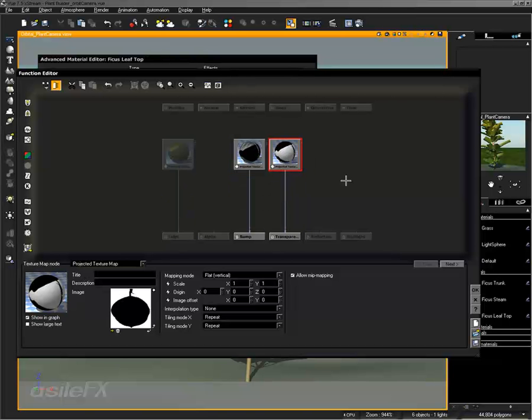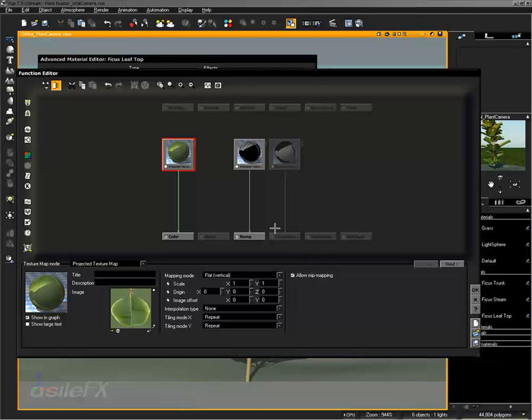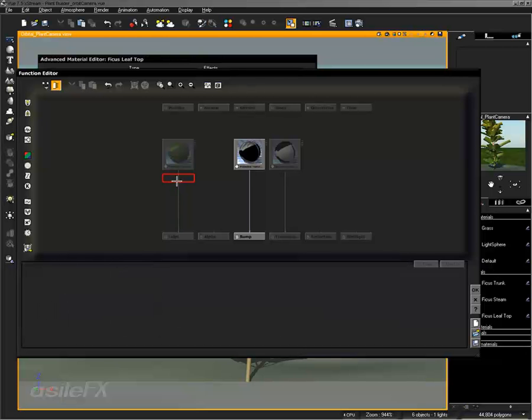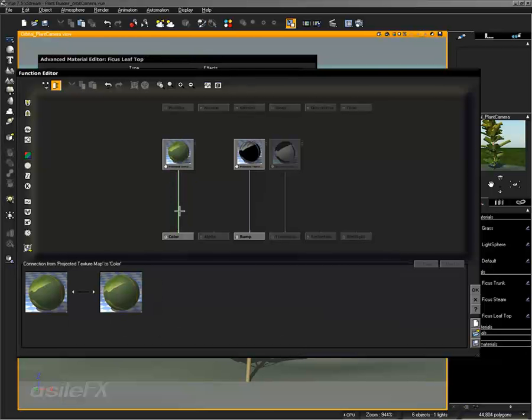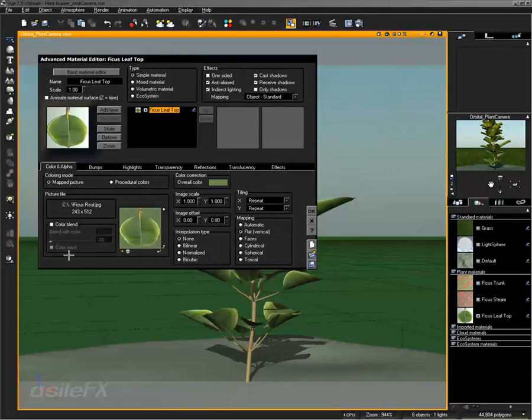So what we need to do is preserve this for the OpenGL, and also be able to create a double-sided leaf. Anytime you disrupt these connections and the links that we have going to the output, it will destroy the OpenGL. So if I was to create a blender and set it up that way, it's immediately going to break the OpenGL,